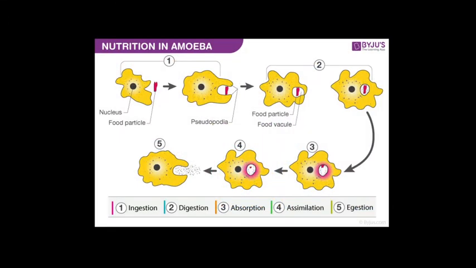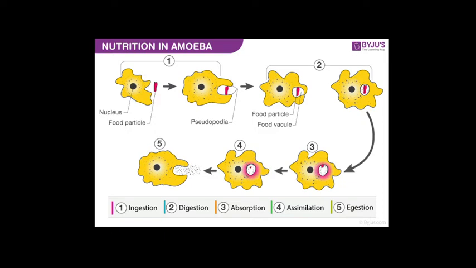Endocytosis is the invagination of the cell membrane, followed by pinching off to form a membrane-bound vesicle, and that is commonly seen in amoeba. As you see in the slide, there is a picture of nutrition in amoeba, where, when the amoeba sees food, it makes a false foot, a false mouth. This is called pseudopodia, and after they engulf the food particles, they go inside the food vacuole, and the food vacuole digests all the material.